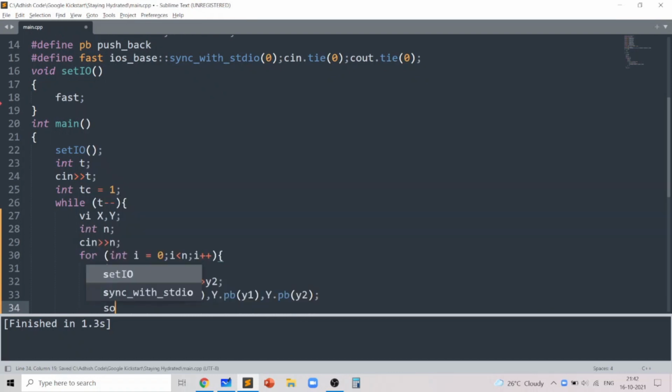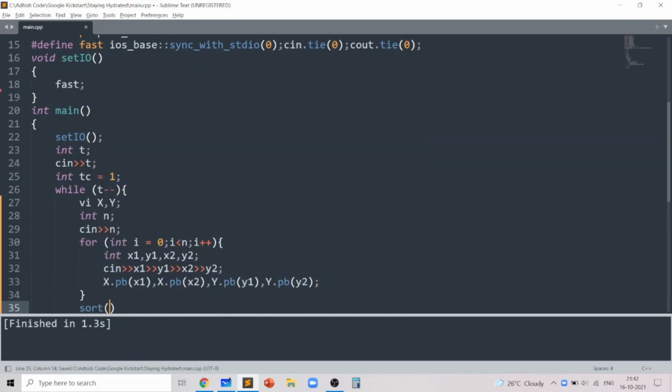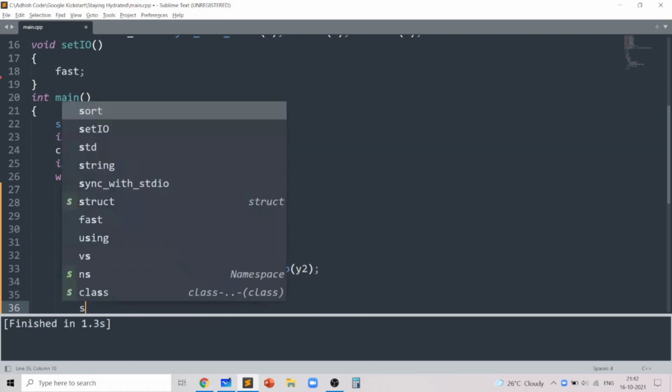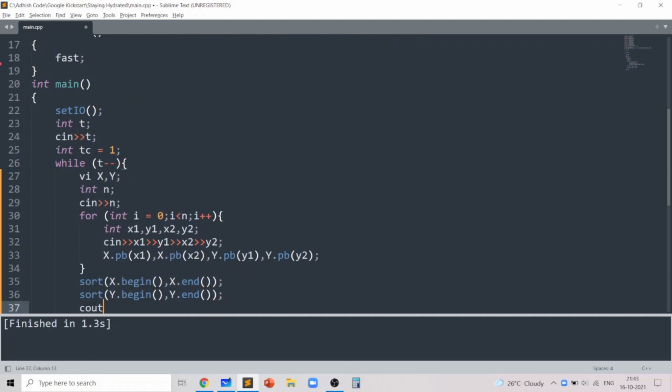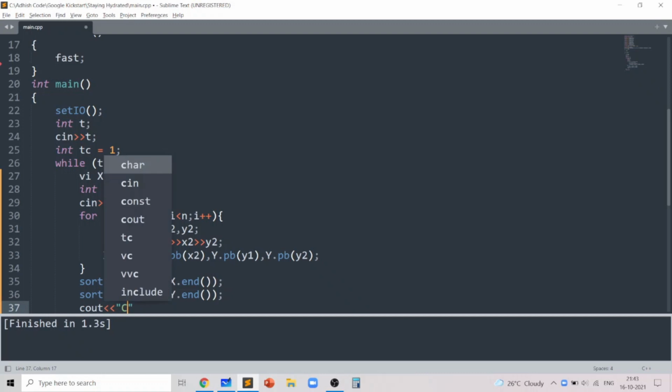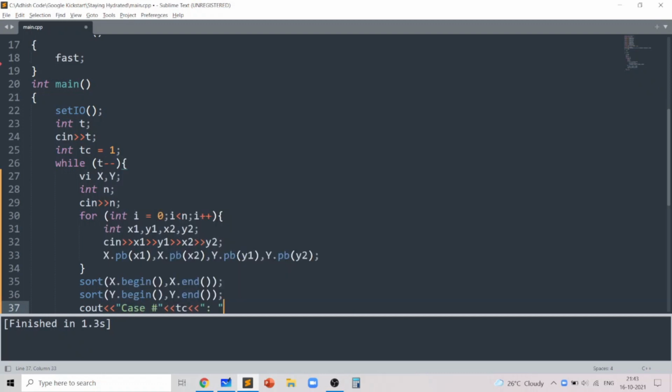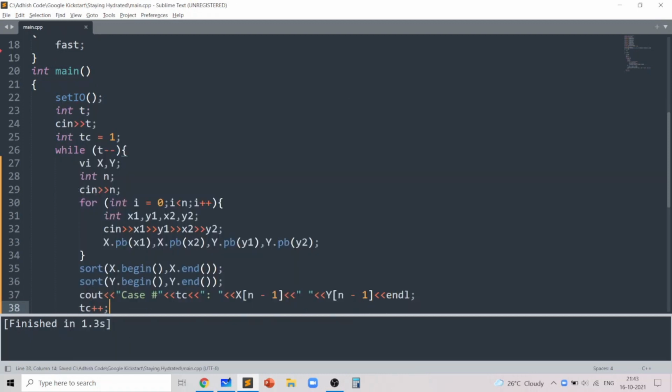Then I just sort the two vectors after the loop, and once I sort the vectors, I just need to print the middle element, which is the median of the two vectors. So you can see that there are a total of 2n elements in the two lists. That's why the median will just be the n minus 1th element. Like 0 to 2n minus 1 are the indices. That's why the n minus 1th element will actually be the left median, because there are two medians, so you choose the smaller median because you want a smaller x value and a smaller y value.